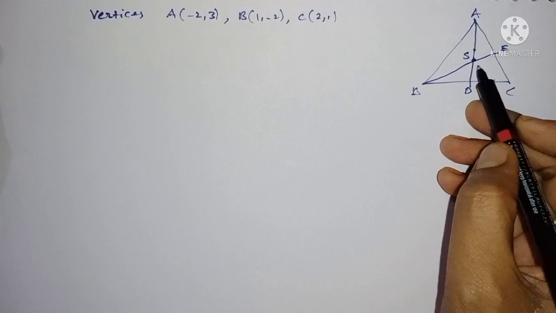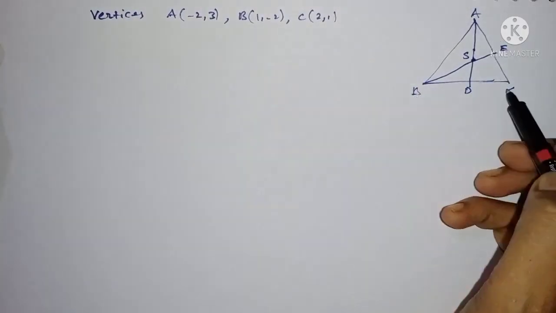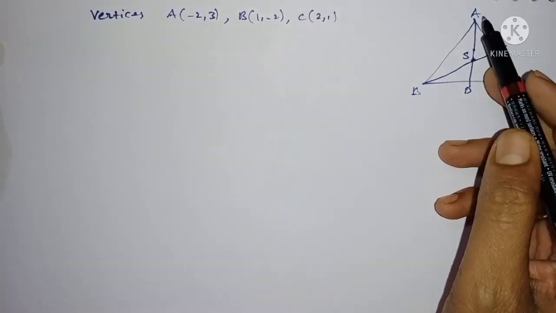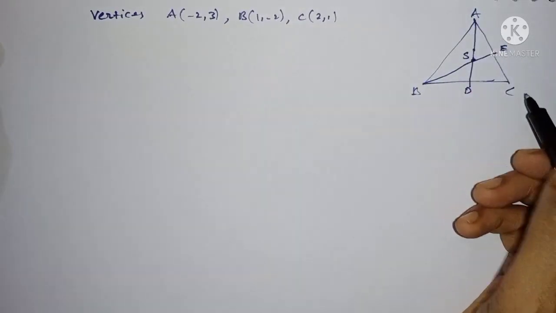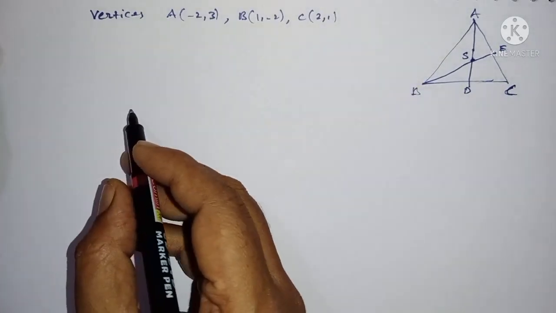Once again I draw the figure here. It is the BC equation, and you got your vertices. A vertices, B vertices, C vertices. You're solving the three equations, you get the vertices. Therefore, D is